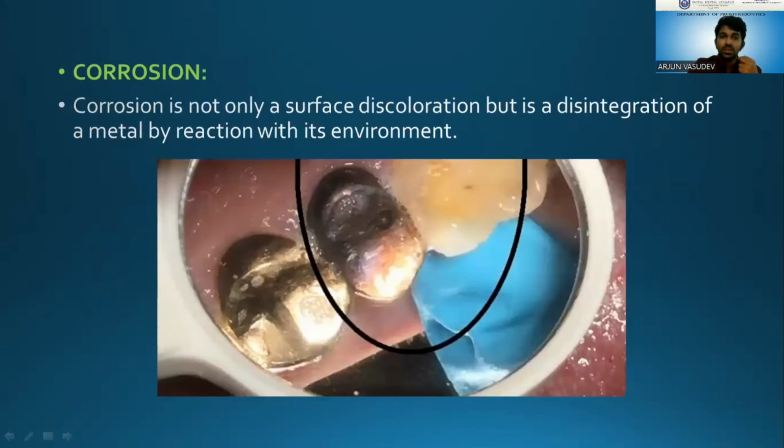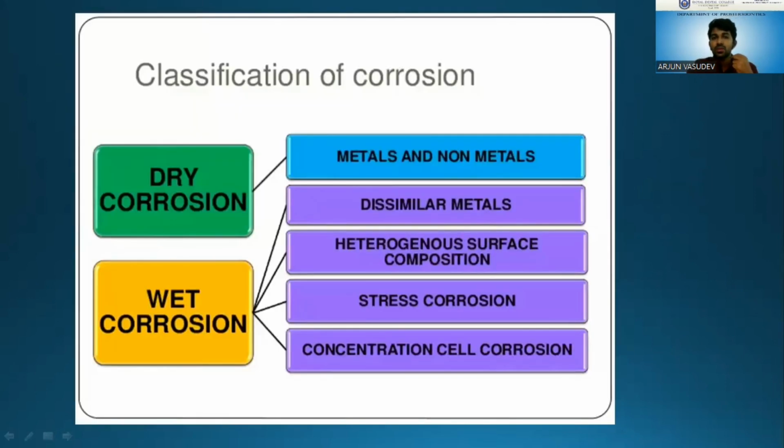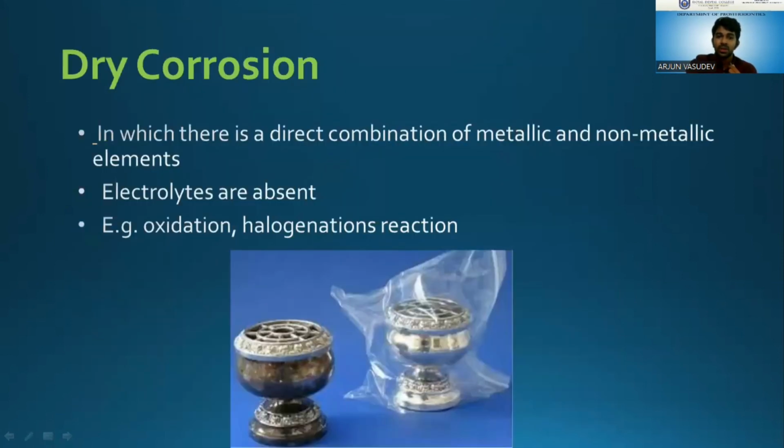Now, corrosion is not only a surface discoloration, but it is disintegration of the metal by reaction with its environment. Now, classification of corrosion, which is important. There are different types: dry corrosion and wet corrosion. Dry corrosion is seen in metals and non-metals. Wet corrosion means dissimilar metals, heterogeneous surface composition, stress corrosion, and concentration cell corrosion. Dry corrosion means there is a direct combination of metallic and non-metallic elements. Electrolytes are absent, and examples are oxidation,